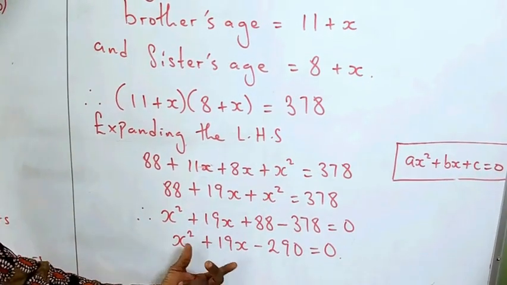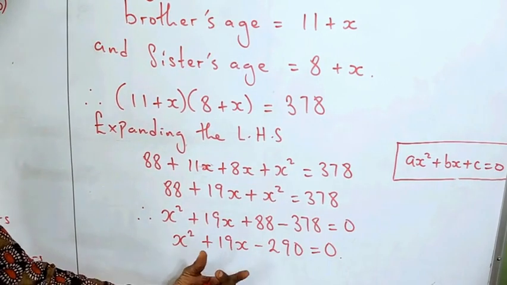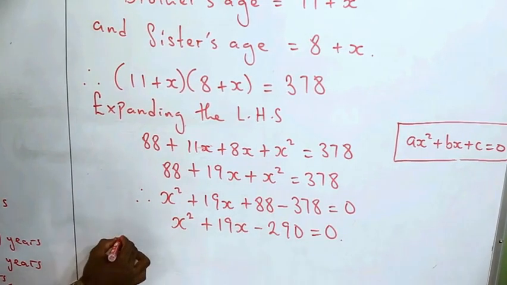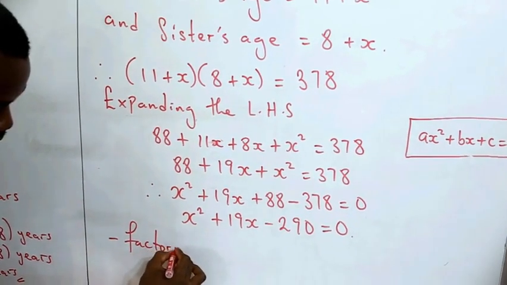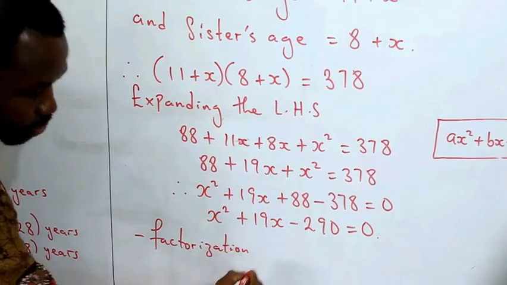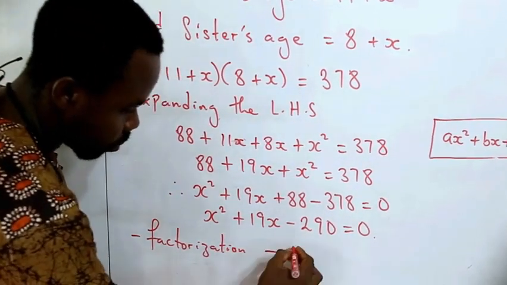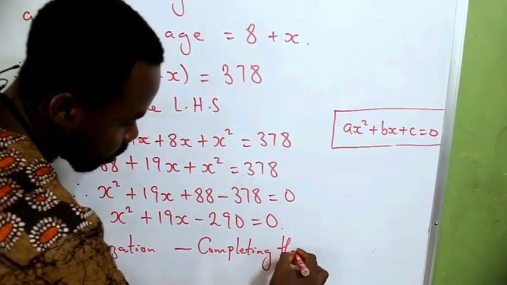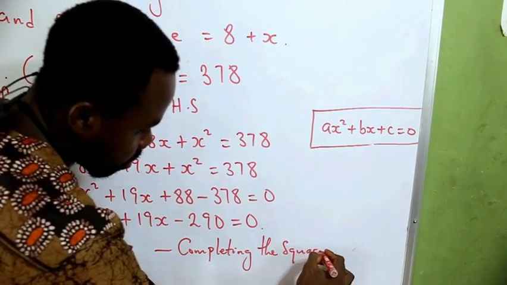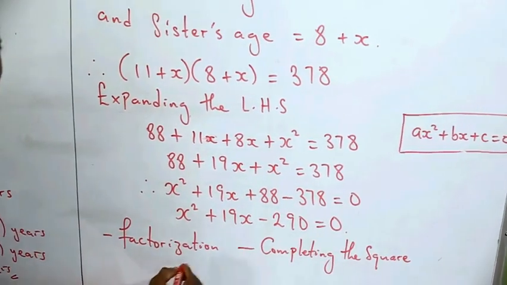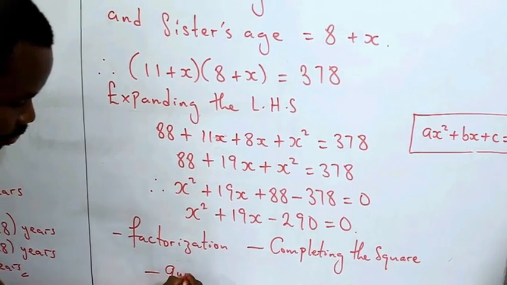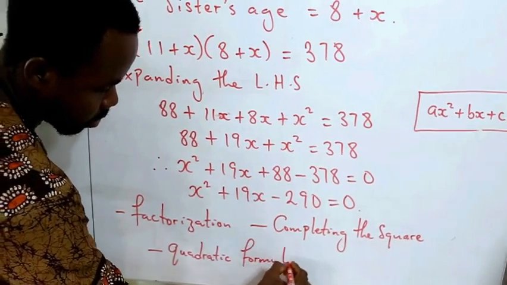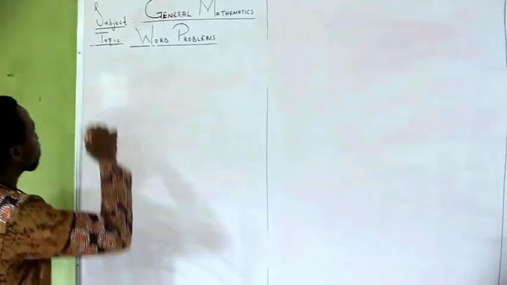The quadratic equation derived on the board can be solved using various methods. You can decide to apply factorization. It's solved by factorization method. You can also apply completing the square method, and you can apply the quadratic formula. Using factorization method,